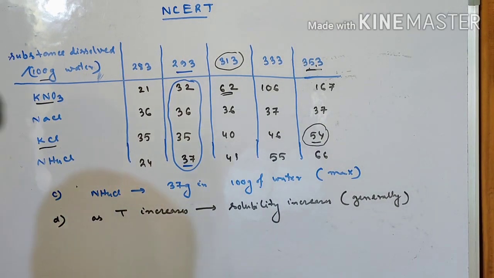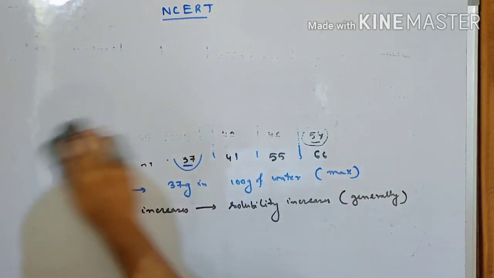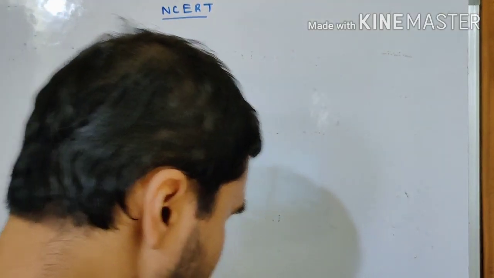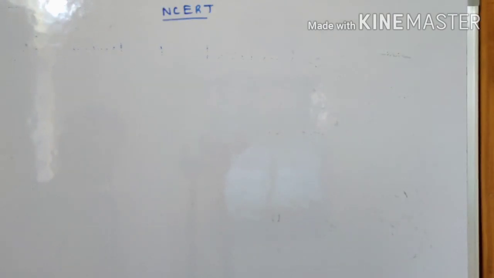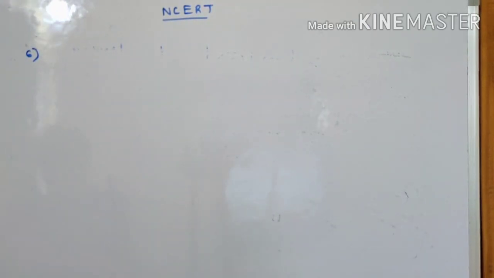Up next, I would like to skip one or two questions for you to solve, because those are descriptive questions and we have discussed that during the regular online classes. The next question I would like to ask is question number 6. Here, how would you confirm that a colorless liquid given to you is pure water?